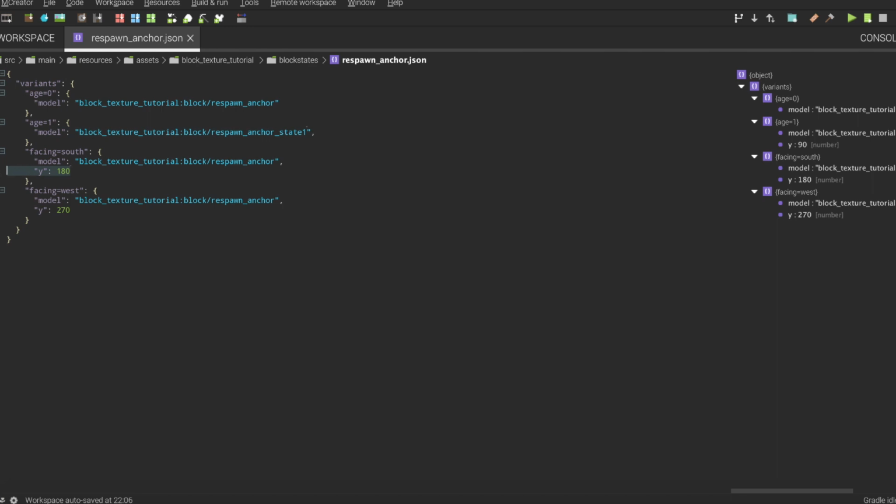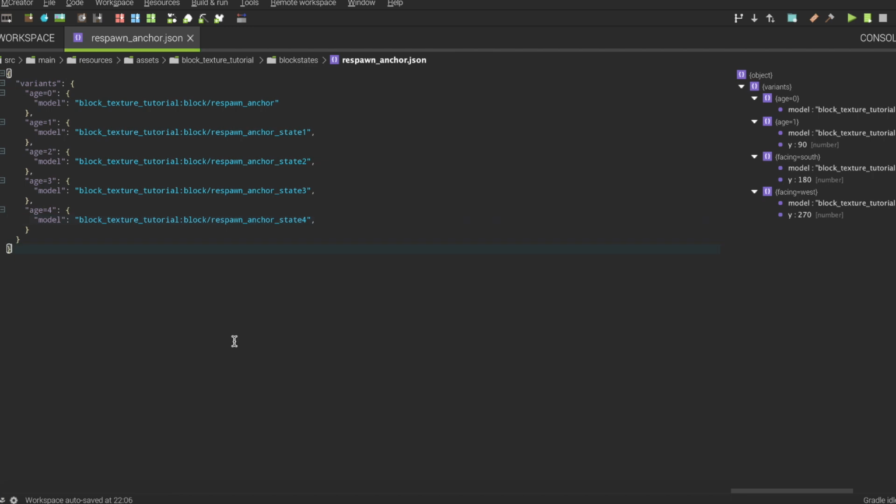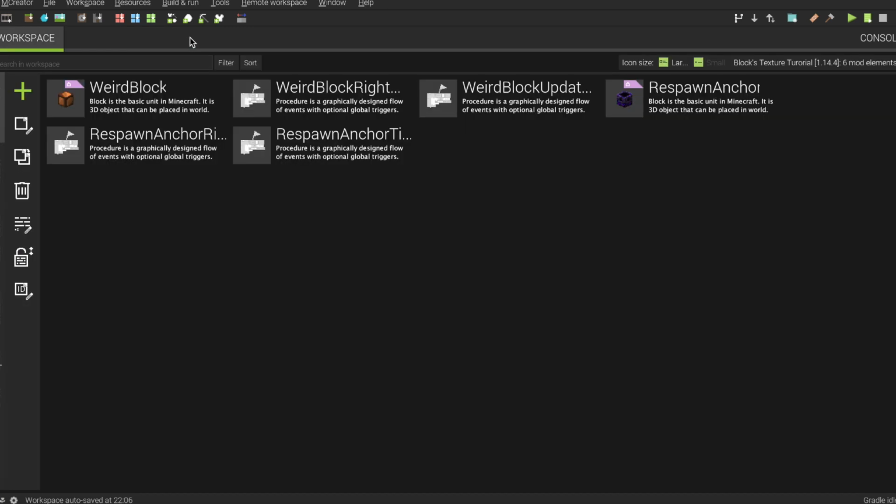Then you're just gonna do the same for both. So here we got edge equals 2 and we can add here state 2. Here we can remove the y and add edge equal 3 and state 3, and here you copy paste this. Don't forget to add the comma, edge 4 and state 4. So we are done.